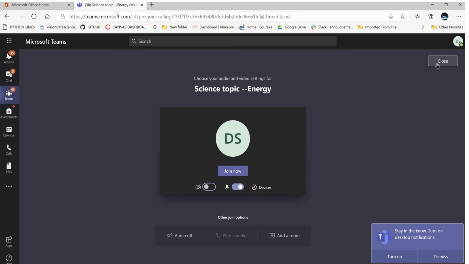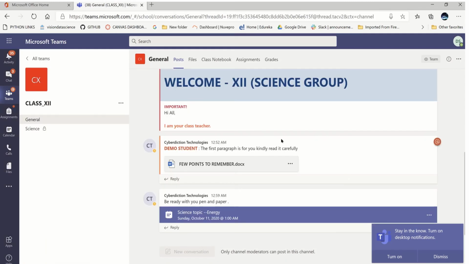I think that will be a good option, because you are not going to share any link with the students. You are simply clicking on this, and the students are going to click on that join button. Okay, now